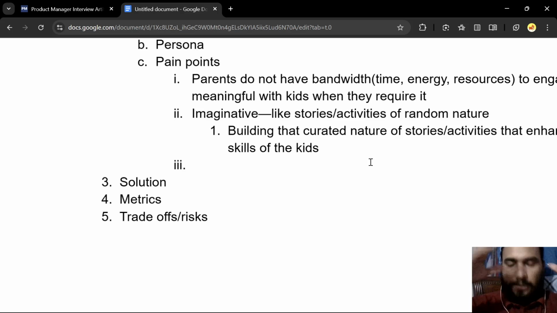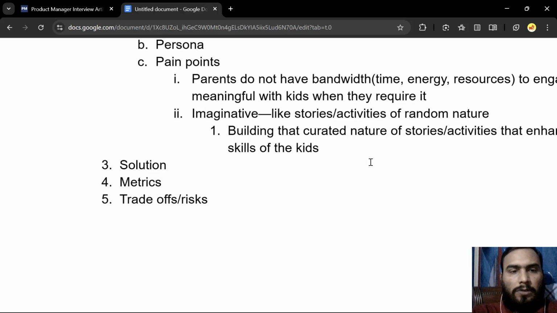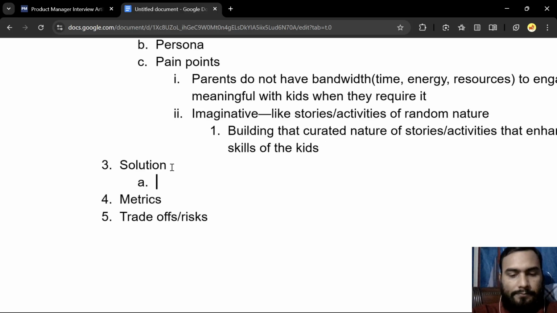So this is exactly not a pain point, but I see that there is a balance that needs to be maintained, because if left alone, kids would be doing random things and things which could be harmful in nature. So yes, now let us think about solutions. What can we build? We can build a tool which